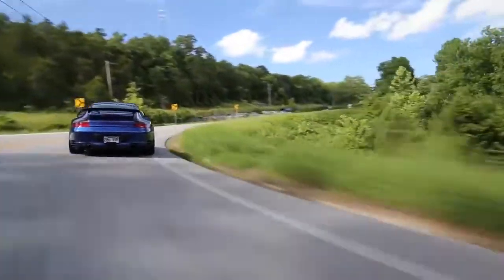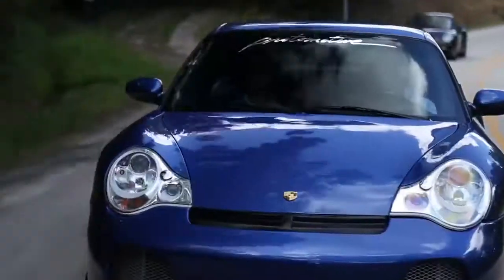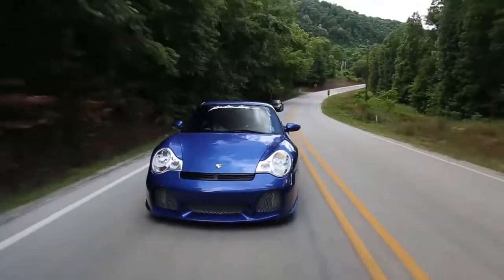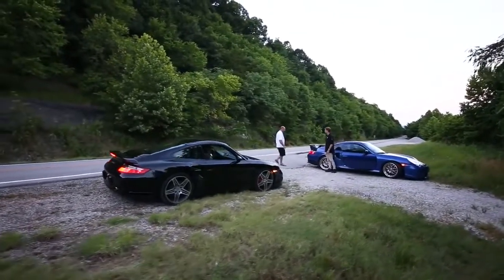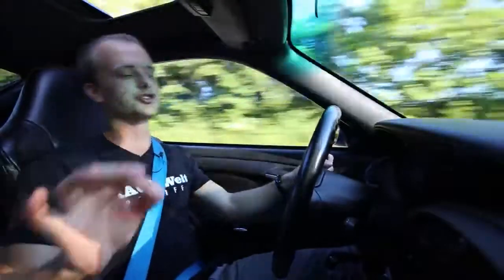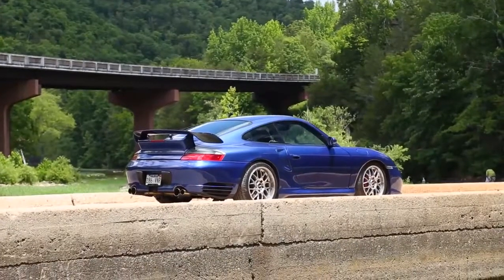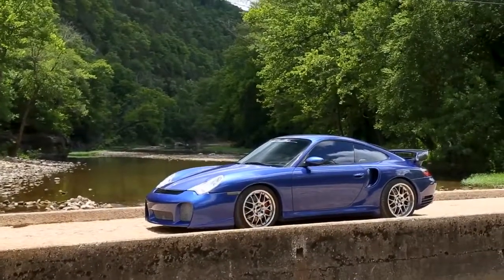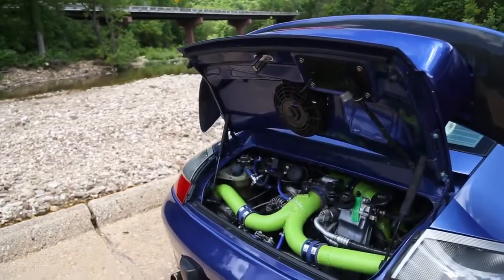Today we are in a heavily modified Porsche 911 996 Turbo, done up by the guys over at Protomotive, over here in the great United States of America in the natural state. Now, do you guys know what the natural state is? I did not either, okay? Arkansas, we're in Arkansas. I actually had to look up on a map where Arkansas was,